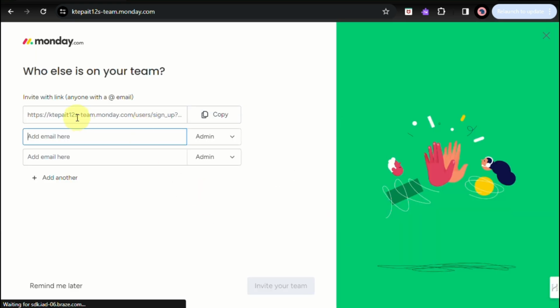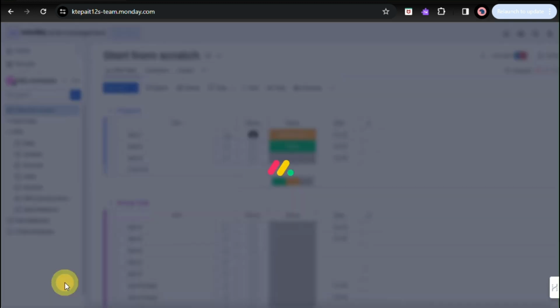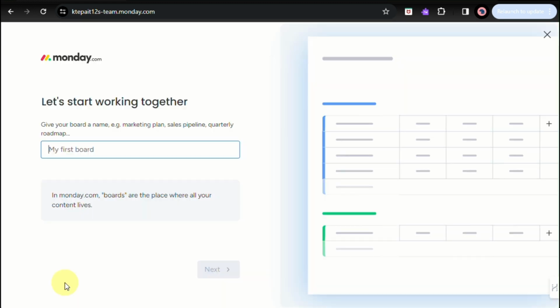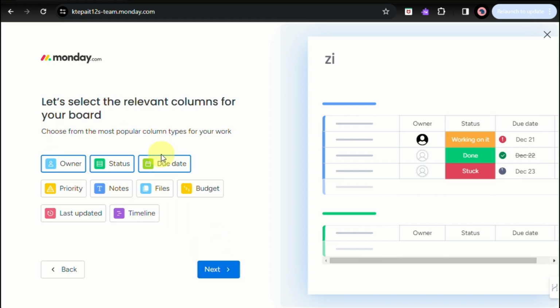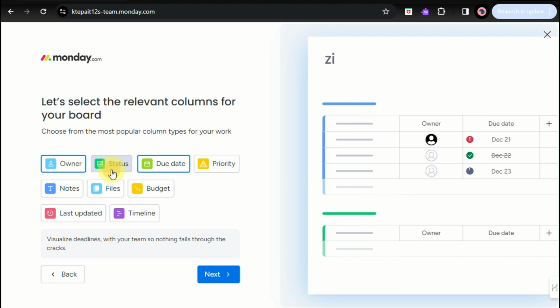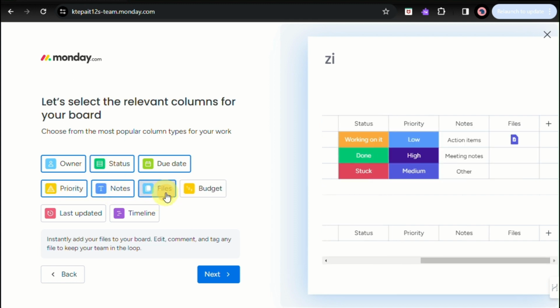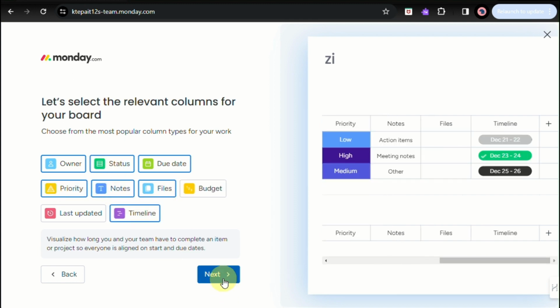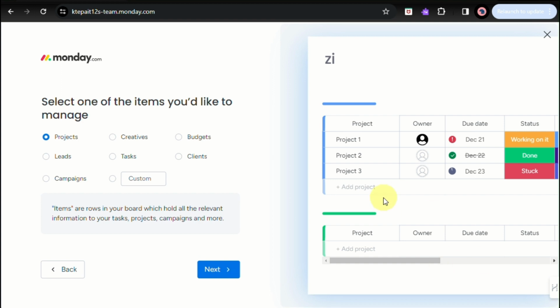And before that, they will prompt you to add your teammates or your team members, and then you'll be creating your first board. Here you'll be able to see what columns you'd like to have on your board, whether you want the owner, the status, and you'll be able to see here on the left side or right side panel of the screen rather. This is a preview of how your project management would look like